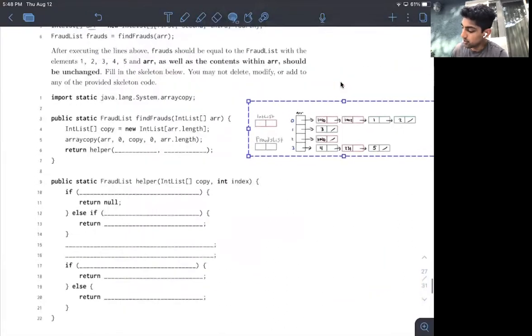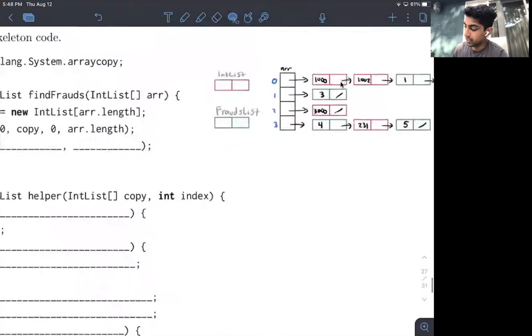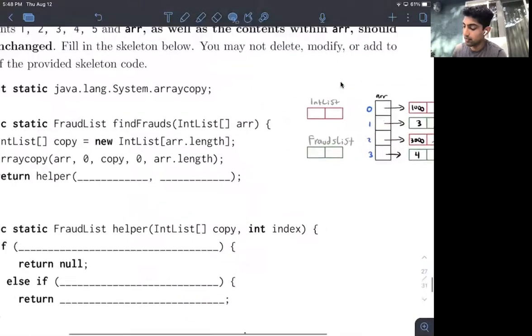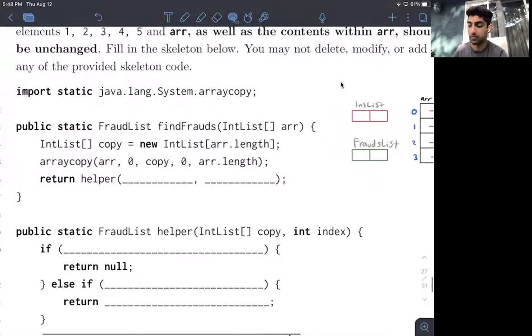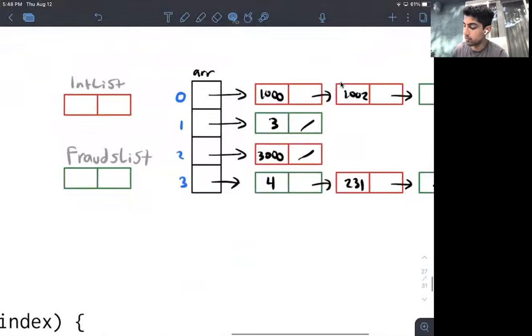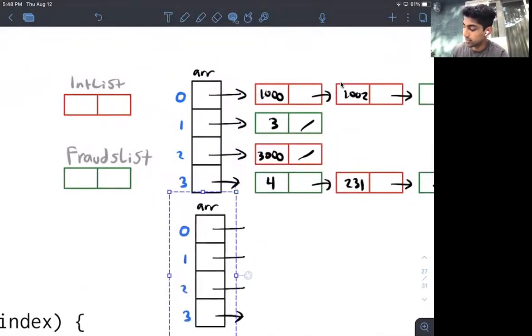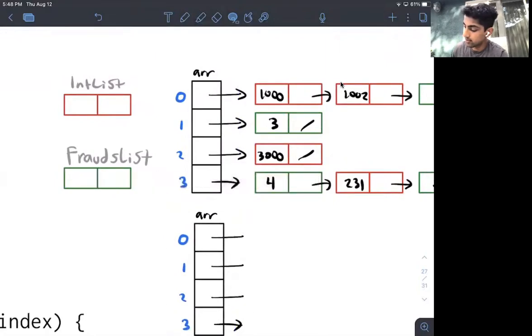So what this step is doing is we have R, and now we create another array called copy. We have to make this a bit smaller.